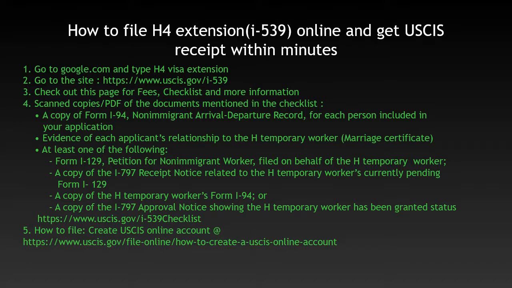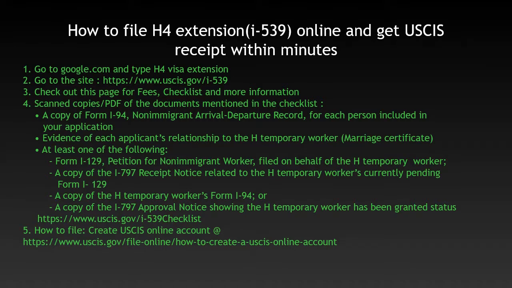I just listed down what all documents you will need while filing this extension. So you will need scanned copies of all these documents that are listed below. The first thing would be the copy of your I-94 arrival departure record for each person included in your application. The second thing would be evidence of relationship with the H temporary worker. For example, if a spouse is filing for H4 visa extension, then it will be the marriage certificate, and